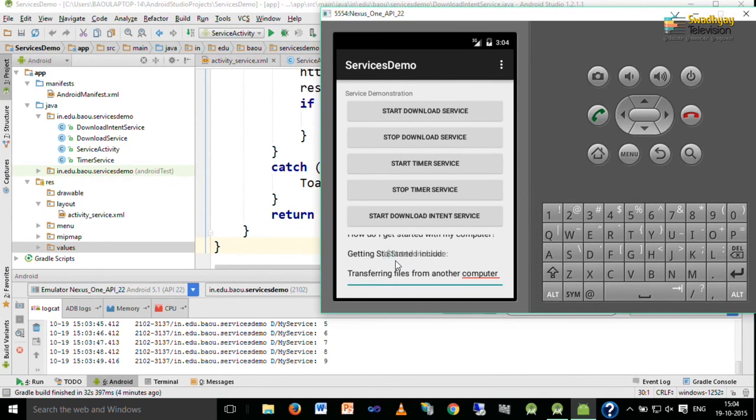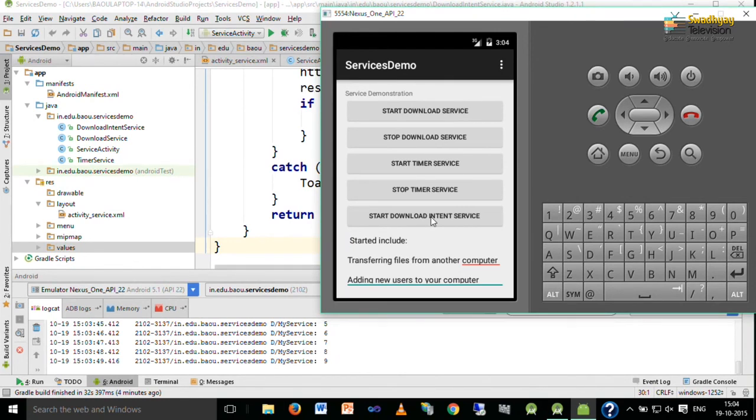Now, here we have to remove this old data, so that you can come to know this data is updated. So, if I press this start download intent service, it will call the intent service, which need not be stopped, and it automatically stops when finished.